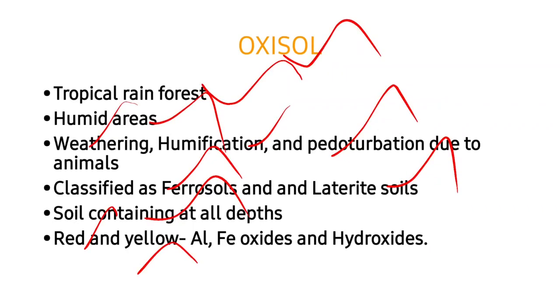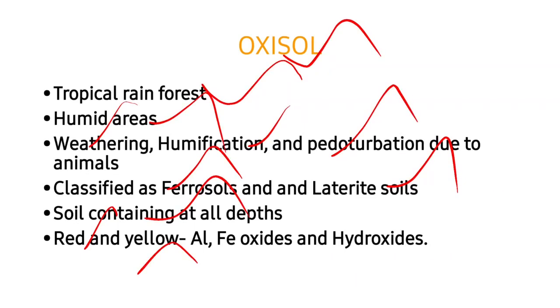But in particular, it is mentioned that Alfisol is for food and fiber production, and they are widely used both in agriculture and forestry. I have taken it from the book by Nemrat Sunda. You can go through it after seeing this video. I have covered only 6 orders in this video so that you might not get confused with the things. You just take notes from this video and compare with the Nemrat Sunda book and revise it. We can cover the other 6 orders in the upcoming video. I will post it soon, so keep in touch.